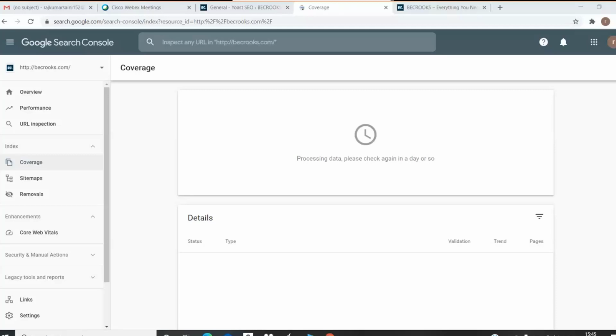It is not populated as of now. Why? Because your account is a very fresh account. So for all the good reasons, nothing is showing up over here. But over a period of time, maybe in a day or two, you will have the entire set of data coming over here, and you would be able to check it out on your own, whether you are proceeding in the right direction as far as your website is concerned, or there is some problem.